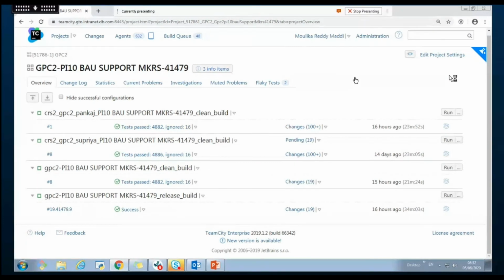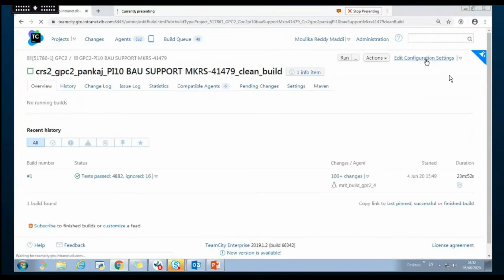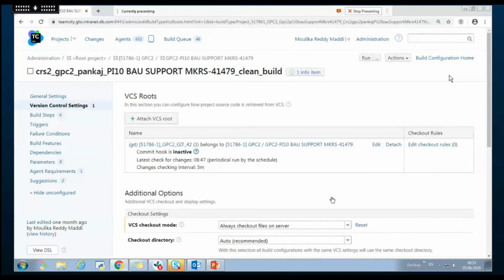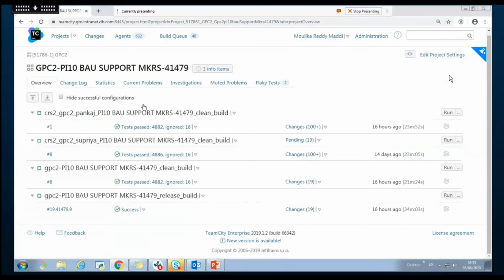Monica, can you just show what is the VCS root of Pankaj over here? In the configuration, can you show what is the VCS root? Because it is the fork branch, and that is the main branch. How is it getting configured? I'll come back to that while explaining step by step, and then you'll understand completely. No, it's fine. In GPC we are not using this concept, the fork creation of the forking branch and creating builds on the fork branches.